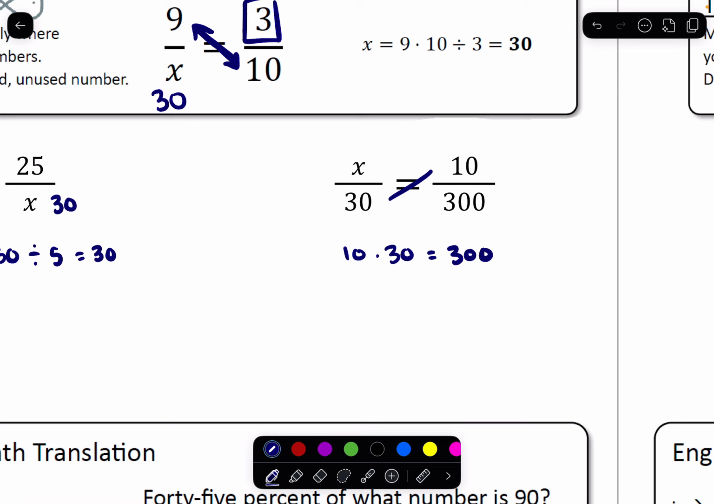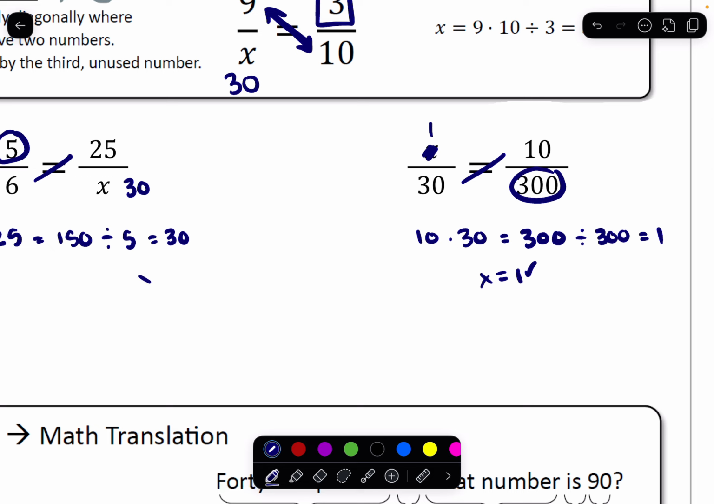300 now is going to get divided by 300 because that's the number that I haven't used yet. 300 divided by 300 gives me 1. So that means for this proportion to be true, x needs to be 1. So I could say x equals 1 on this side. On the other side, I could say x equals 30, or I could just write it in the fraction spot, right? Okay,